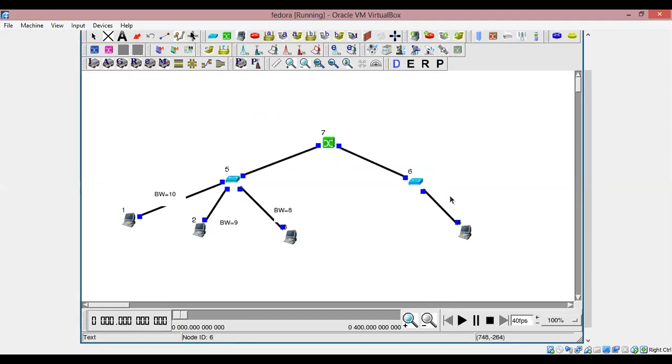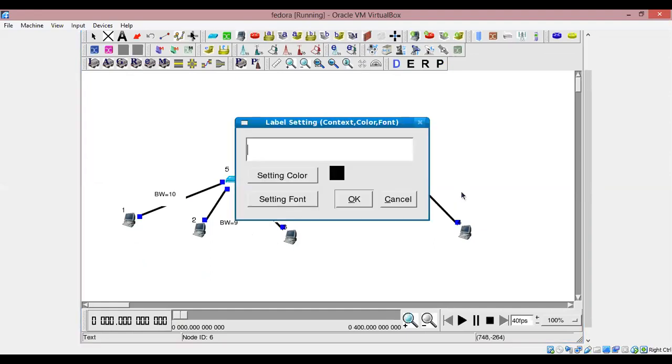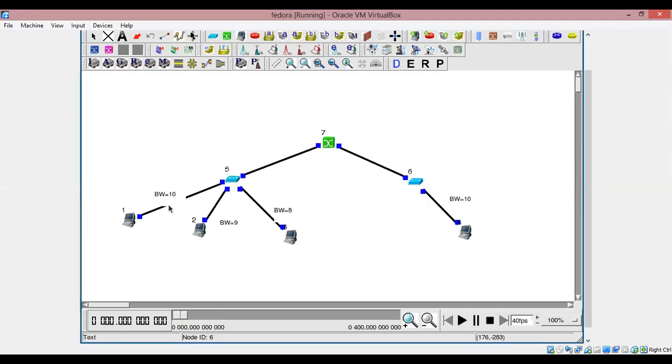And here the bandwidth is kept as 10 itself. With these different scenarios, there are also two different protocols, UDP and TCP. This is UDP, and this is TCP, and the bandwidths are also different. Let us see what happens.